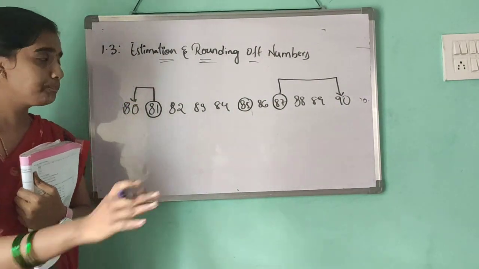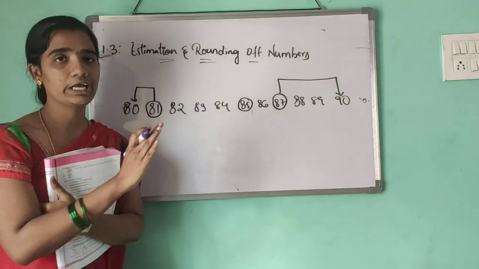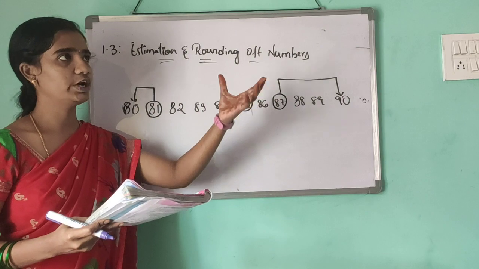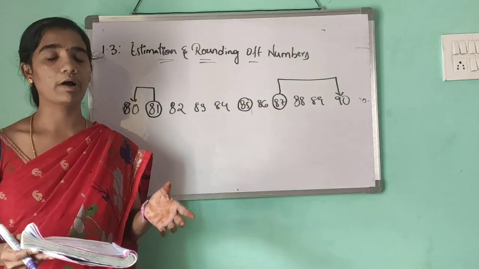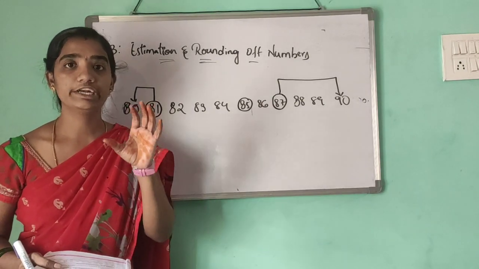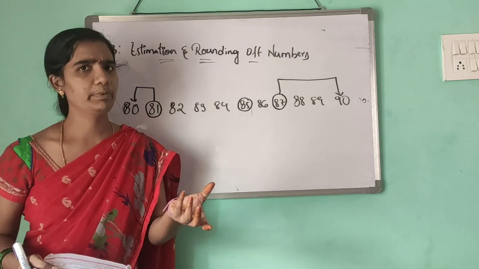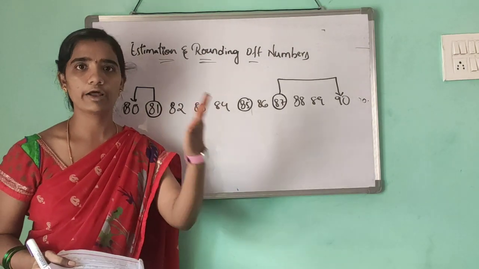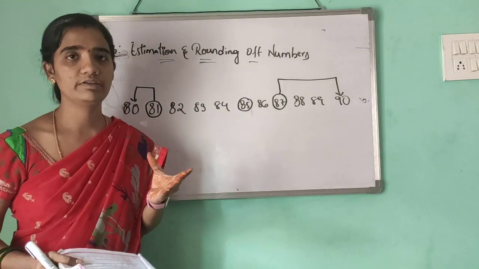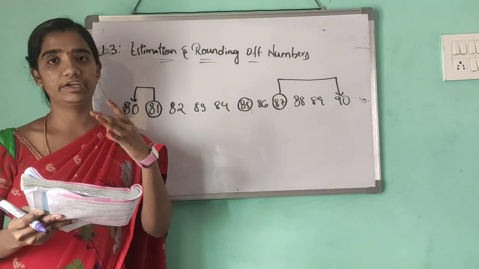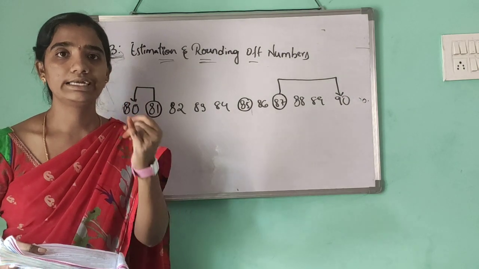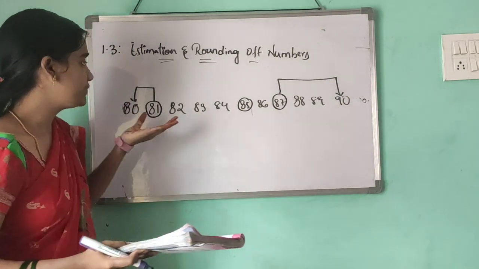So I will explain more clearly. Estimation, or rounding of numbers, means, for example, 25,000 people attended the Sarojini Museum. How can we say that? Just an estimation. Maybe 600 people attended, or 800 people attended. Just an estimation. It is less or more, but the exact number is not correct. That is the estimation. Estimation is a good way of checking the numbers. We usually round the numbers to the nearest. How can we round? Tens, hundreds, thousands, 10,000s.